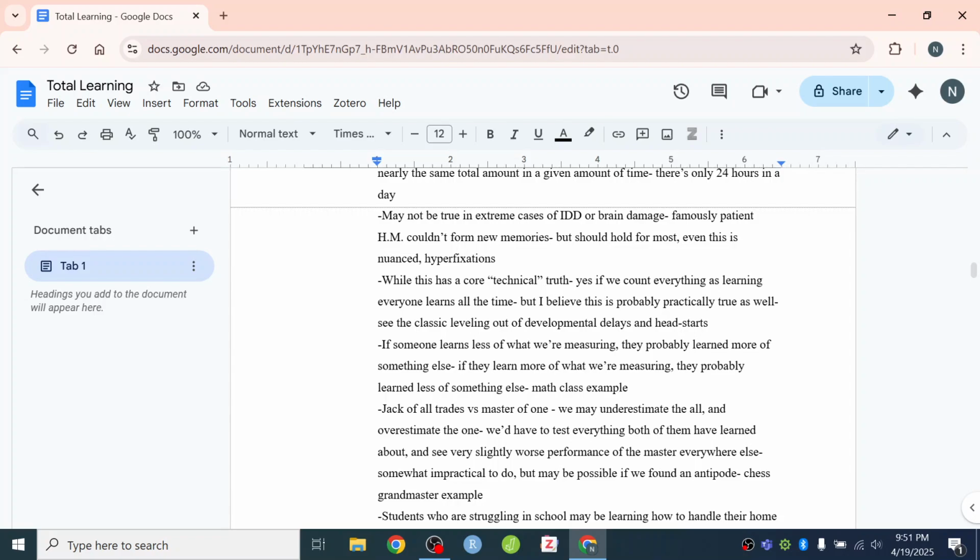But it could be possible we found an antipode where a master of a certain thing tends to learn very, very little about another thing, or a set of other things. And you can give an example of a chess grandmaster. A lot of the original expertise studies were done with chess grandmasters. A lot of chess grandmasters start when they're very young, when they're 9, 10, 11, they start to seriously play chess, and it starts to take up a lot of their day. They play chess during the day, they play chess when they get home, they read chess books, they look at chess positions, they analyze on their chess computer.